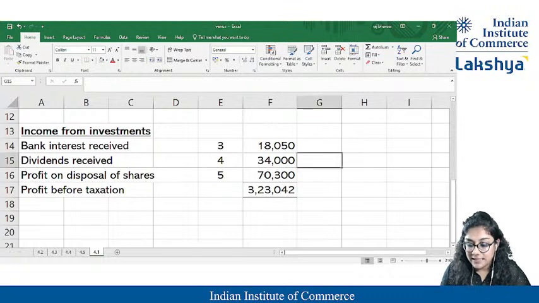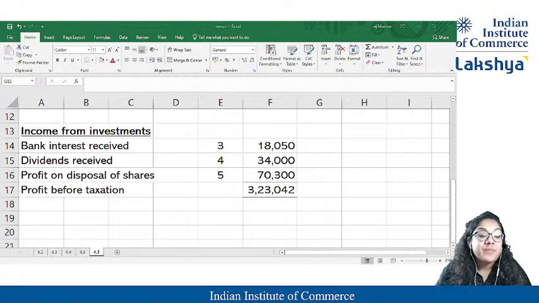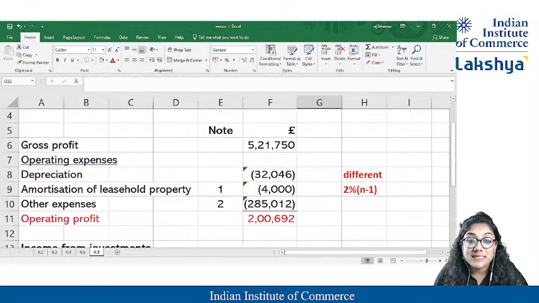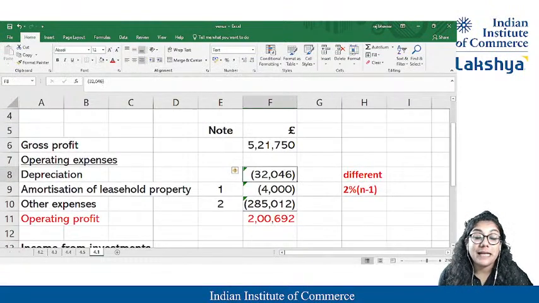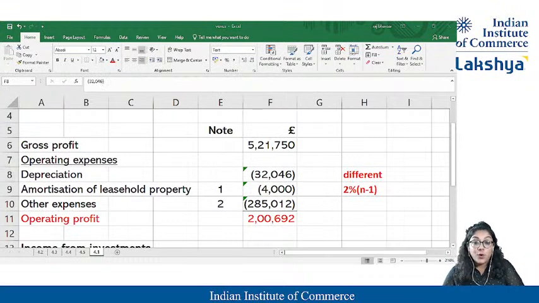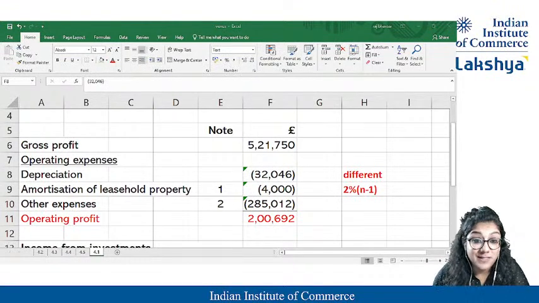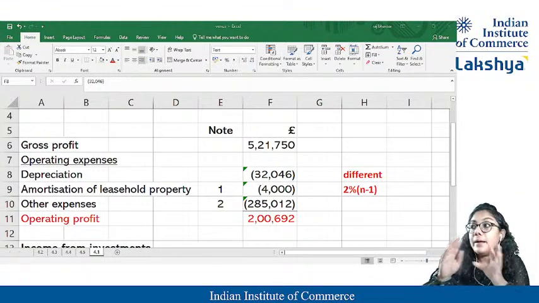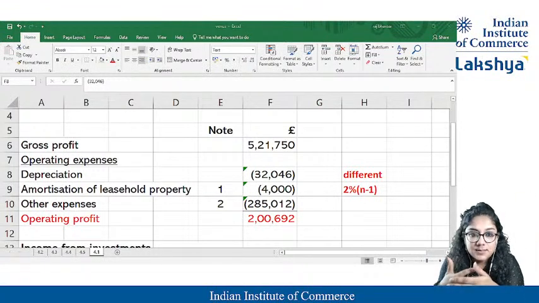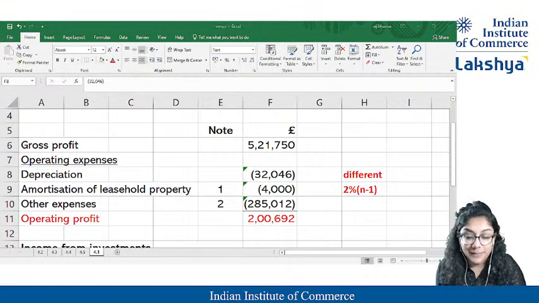So yeah, students, I will just explain one thing. We know that when accounting profits and accounting depreciation are given, we are supposed to calculate the actual depreciation as per the tax basis. For that, we need the whole sum, like the assets on the basis of years, and I'm going to depreciate it.